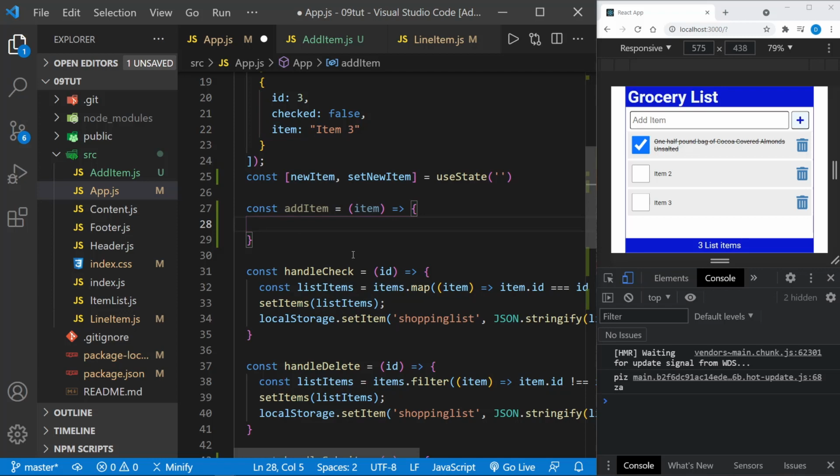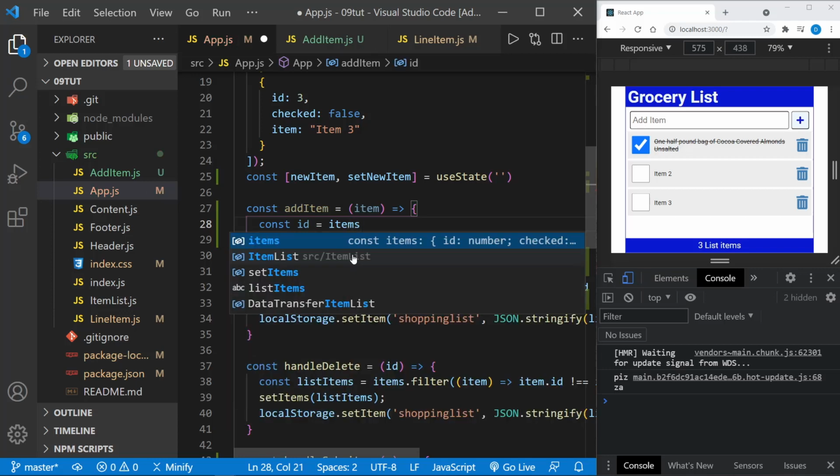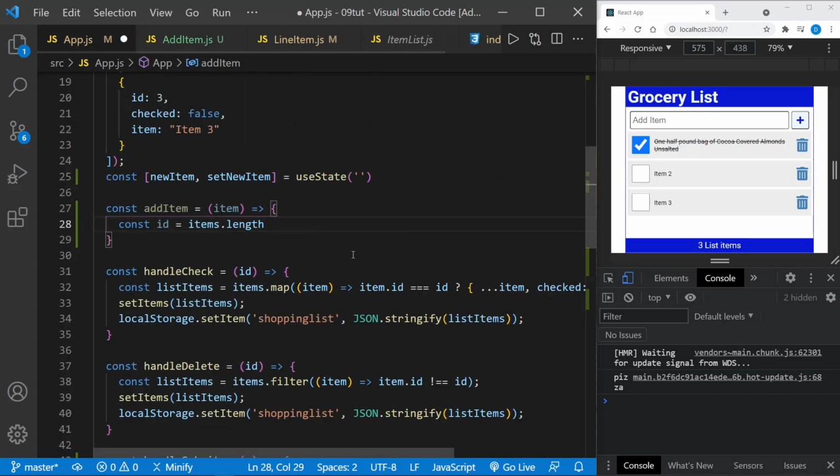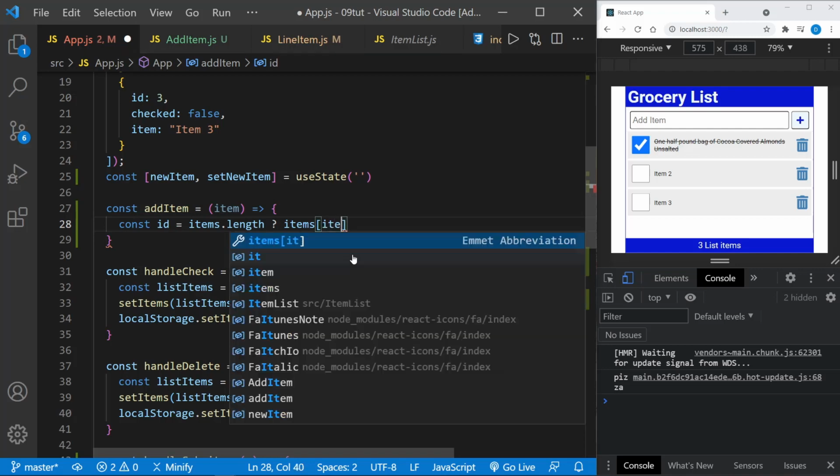And how do we increment the item ID? Well, let's go ahead and write a little code that does that. We'll define the ID here, and let's set it equal to checking if the items, which is our state, our list, length. So if we have length, if it's not 0 is essentially what we're saying. I'm going to press Control B again to give us some more room and hide that file tree. And this is a ternary statement. So if there are items in our list, our current state, then we'll look at the items and we pass the